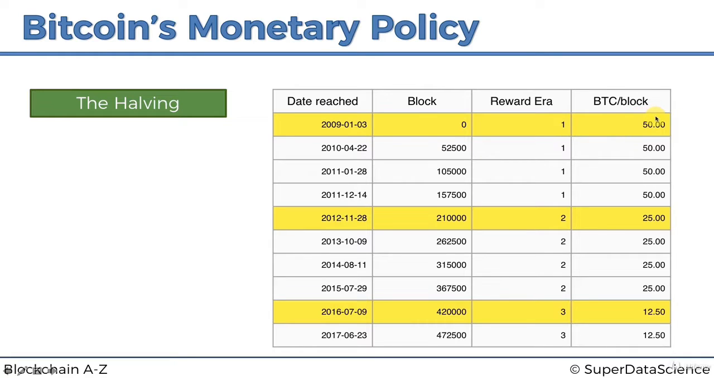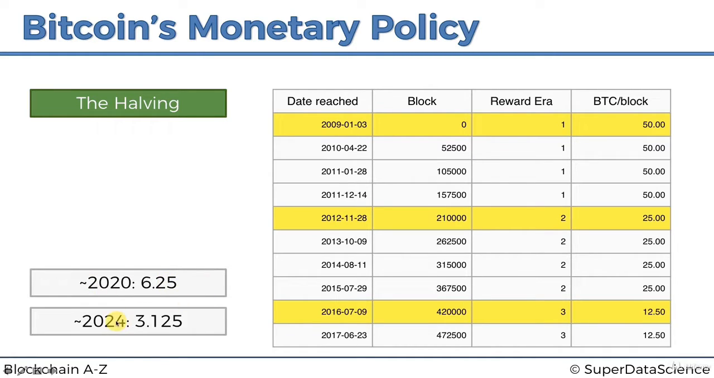At the start it was 50 Bitcoins per block. From November 2012, it became 25 Bitcoins per block, and you can see that happened at block number 210,000. At block number 420,000, it was reduced to 12.5 Bitcoins per block. Around 2020, it'll be 6.25 Bitcoins per block, and in 2024, it'll be 3.125, and it'll continue halving every 210,000 blocks,